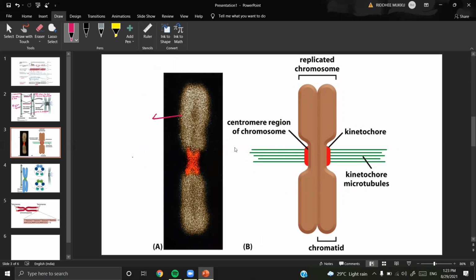Having a duplicated DNA, having two chromatid arms, with the central structure which is called the centromere. This is called the centromere. Remember, children, the centromere is a constricted area. Okay, this is actually a constricted area, right? So this is a constricted region that we